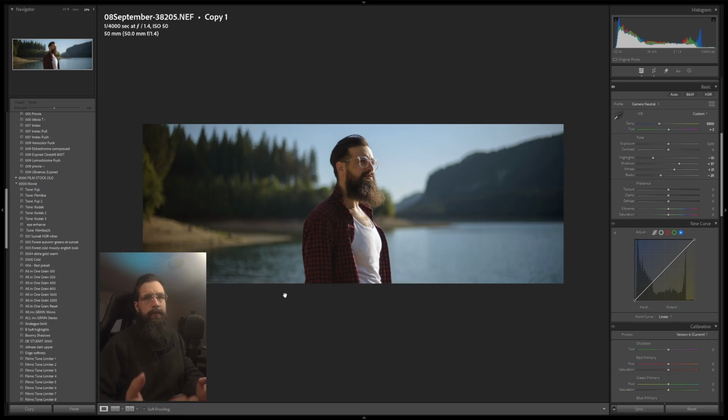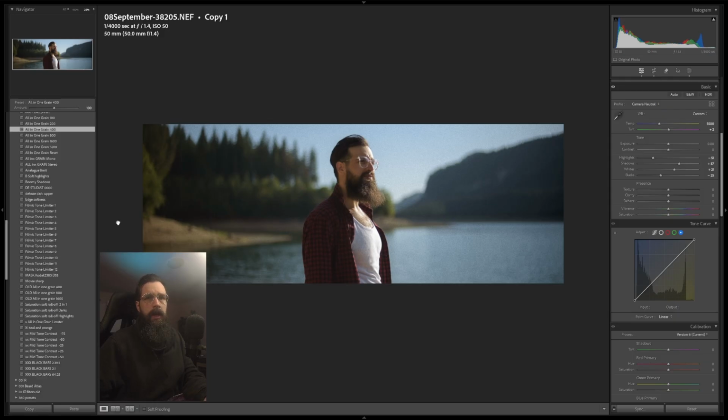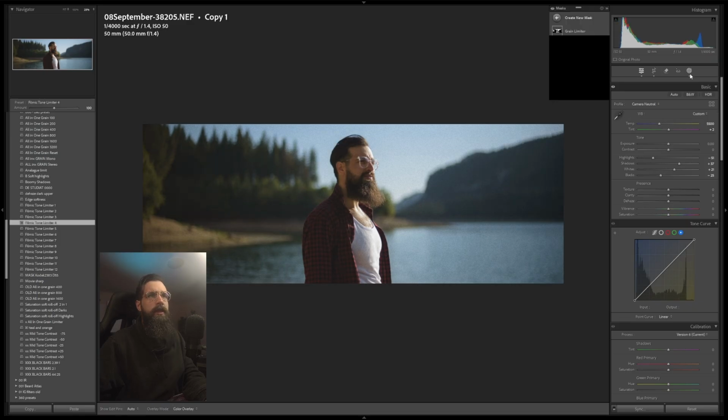Next up in building my cinematic look, it's adding grain. I'm using my own recipe that adds different amount of grain in highlights, midtones and shadows. I'm also going to use my new tool called Filmic Tone Limiter. It's basically applying a mask over the entire image,